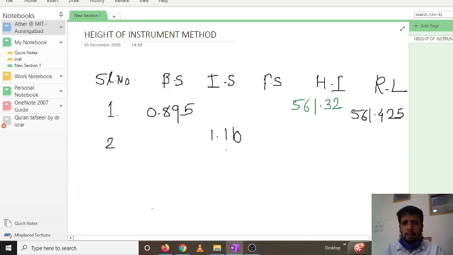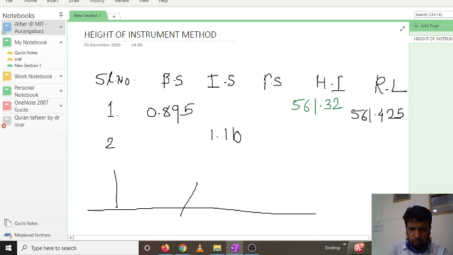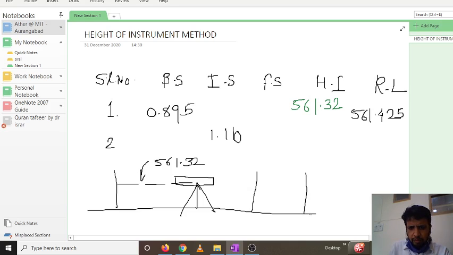So to find out the RL of this particular point 2, if you remember this side, this is your level, which we have calculated as 562.32. We have taken the intermediate side like this one. Two intermediate sides we have taken,